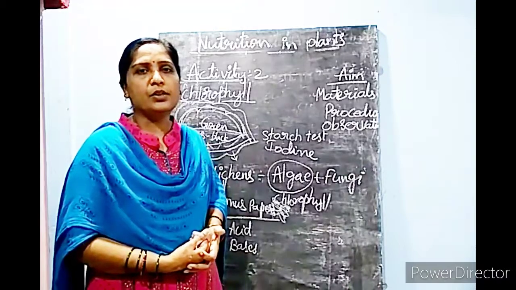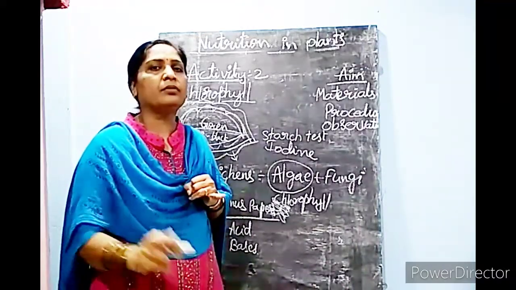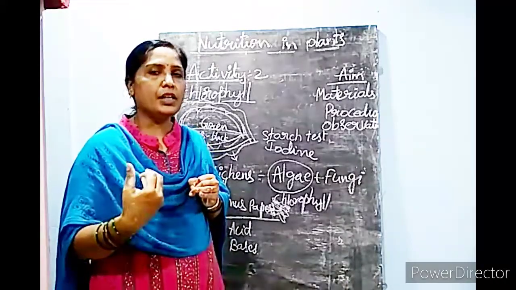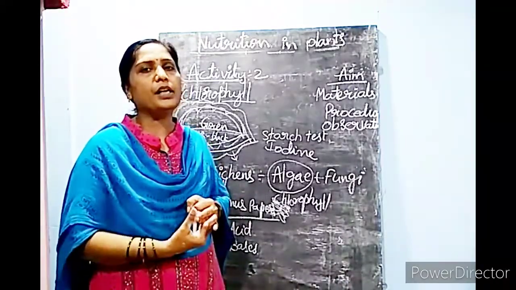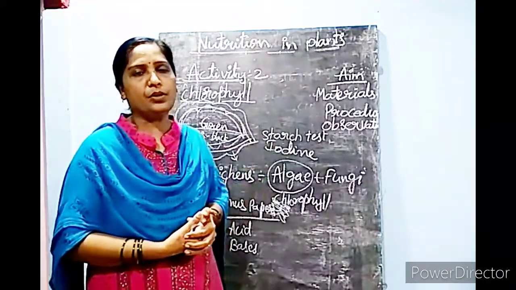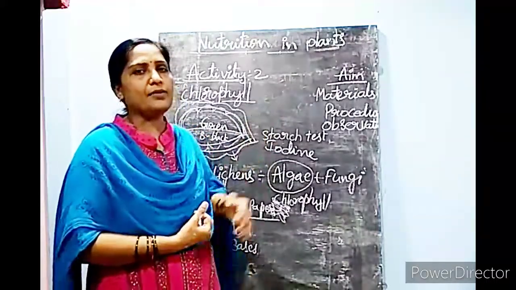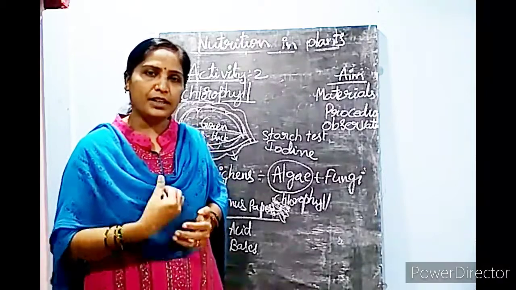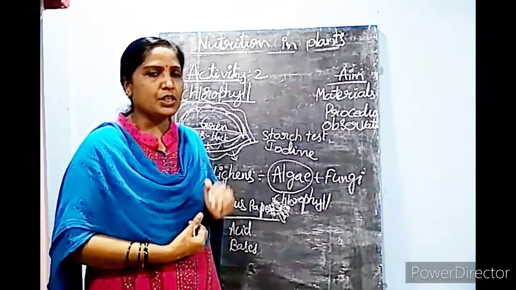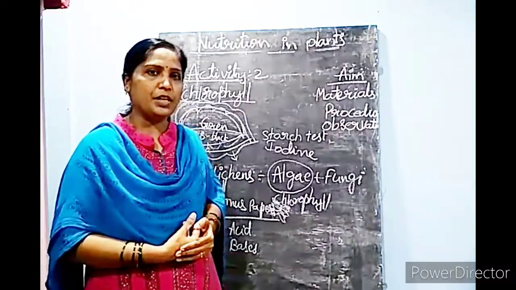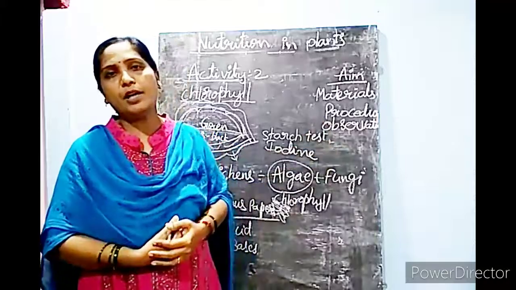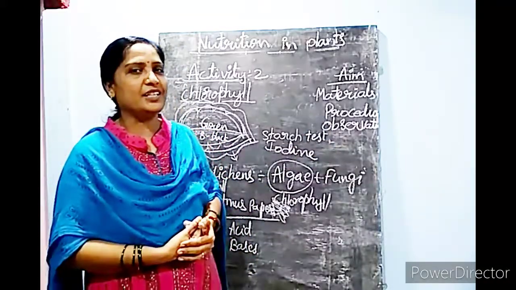Understood, children? So you learned the types of plants, the types of nutrition going on in those plants, and the activities you did. So write these activities in your notebook, children. That is your home assignment, and post to me the work you did along with the diagrams and all the side headings mentioned, and do your work, children.